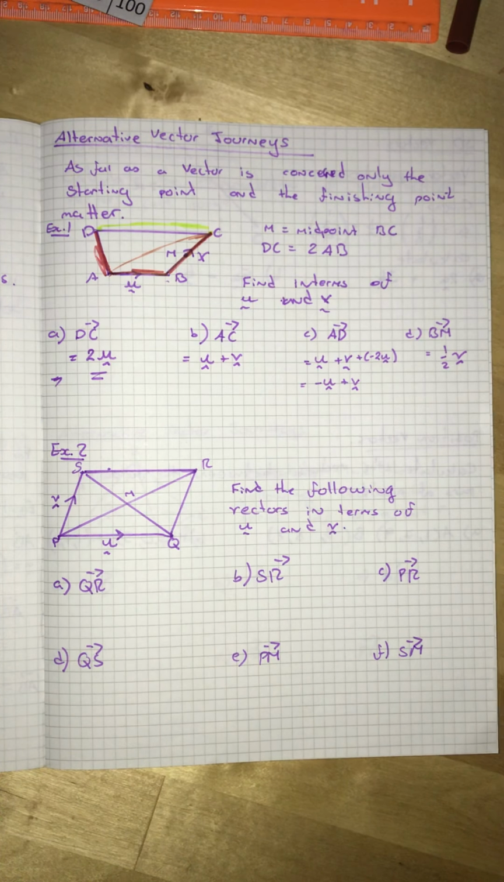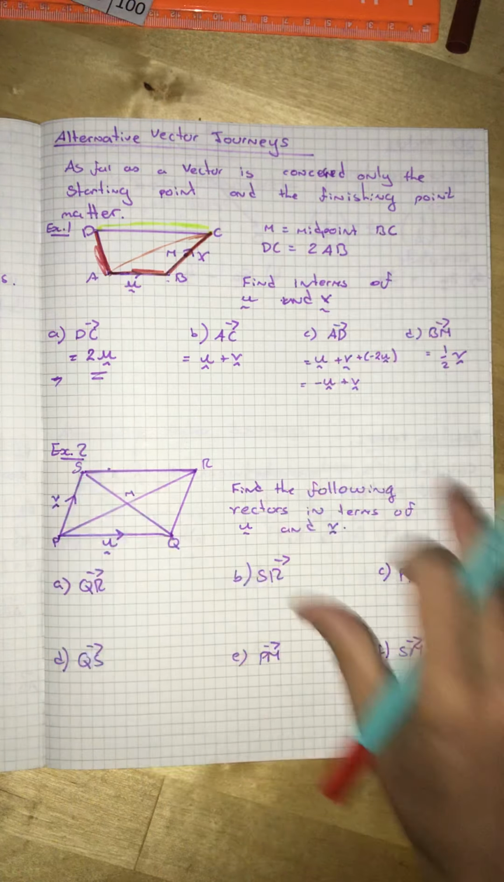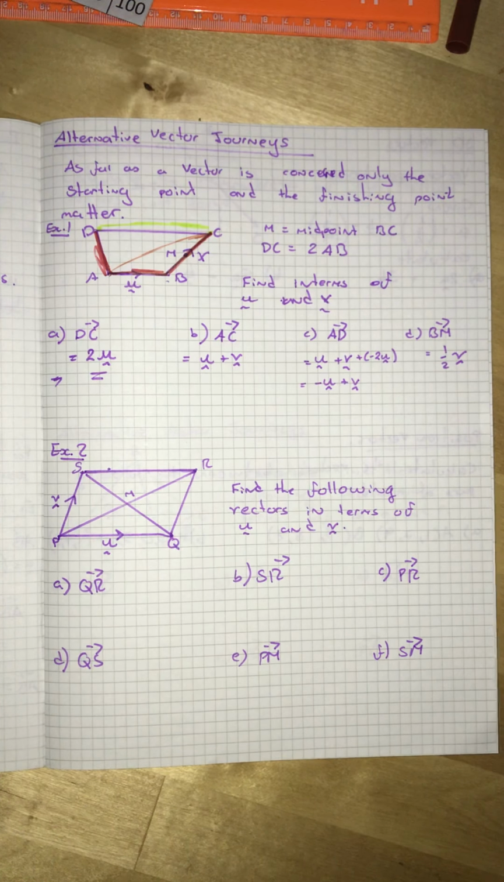Okay, so I'm going to do another one. Find the following vectors in terms of u and v. Now this is a parallelogram, so that's helpful because we know that some of these vectors are going to be parallel and therefore the same. For example,